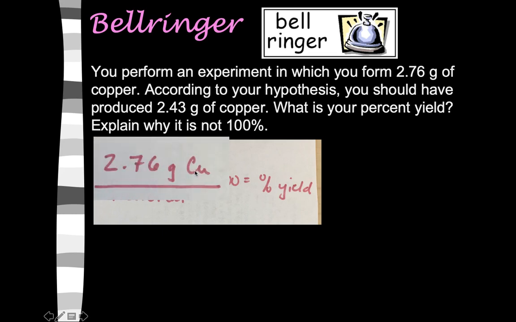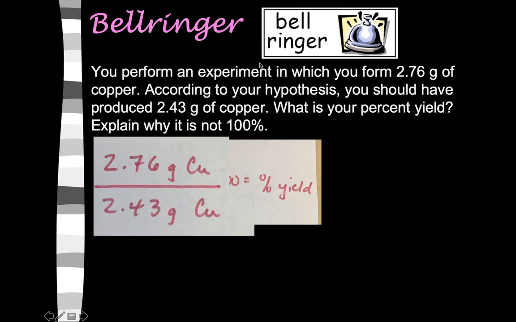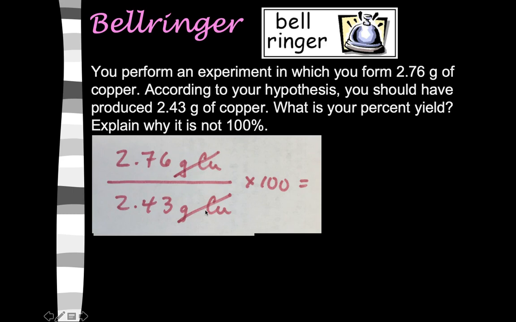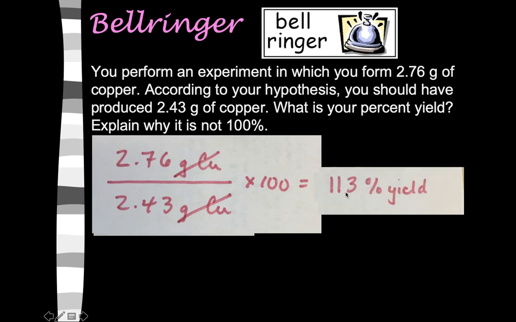So 2.76 grams of copper is what I actually did in the experiment. 2.43 grams of copper is my hypothesis, my predicted, my theoretical. I times it by 100 to get it into percent because grams of copper cancels. 2.76 divided by 2.43. I get an answer on my calculator. I look back at my measured numbers. 1, 2, 3, 1, 2, 3. I can keep 1, 2, 3 sig figs. I look at this number for rounding. It does round up to 100 and that should be